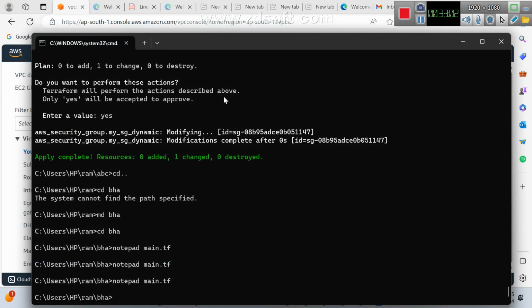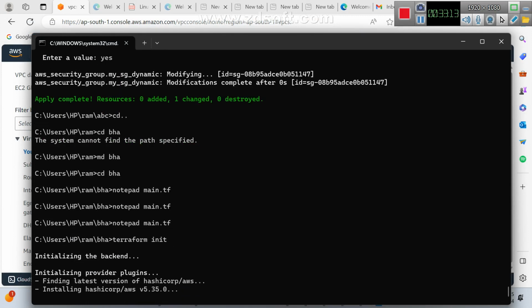Now, first what you need to do: terraform init is common. Terraform init. This is step one. What is step two?